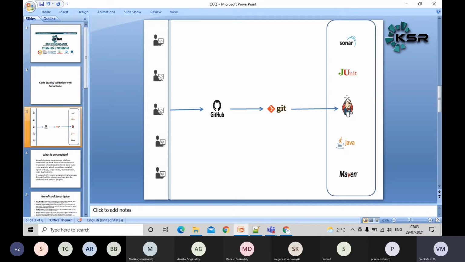Say, like Jenkins we installed yesterday. Java is already there, since this is a prerequisite to install Jenkins, and Maven we have already installed from the global tool configuration. JUnit I will cover right now, and SonarQube I am going to install right now, guys. If you have any doubts, please let me know, guys.